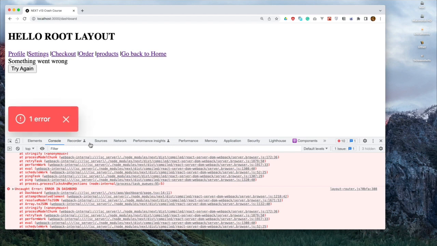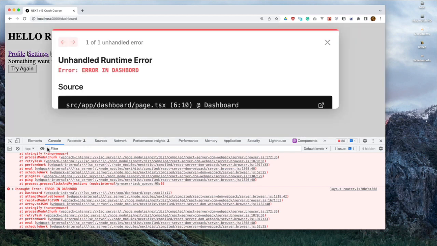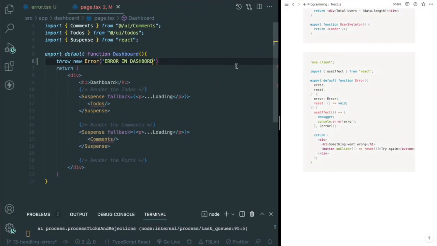You can see I got the error. If I click on try again, it's going to reset. If you want to do more stuff,